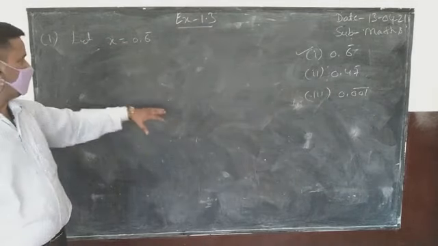The same process applies to the digits under the bar. Suppose 1 digit has the bar, then you multiply by 10. If 2 digits have the bar, then you multiply by 100. And if 3 digits have the bar, then multiply by 1000. According to the digits, you will multiply by 10, 100, 1000, not any other numbers. Yes, note it down. Then the last part you will solve it.